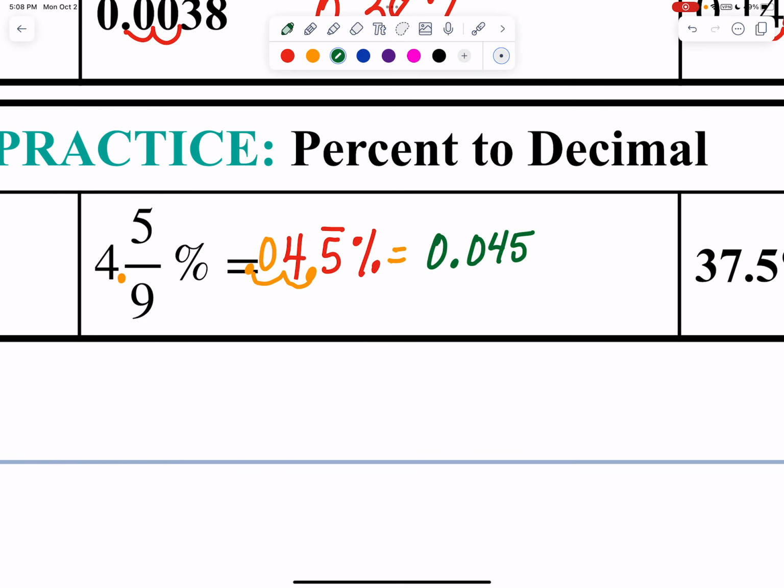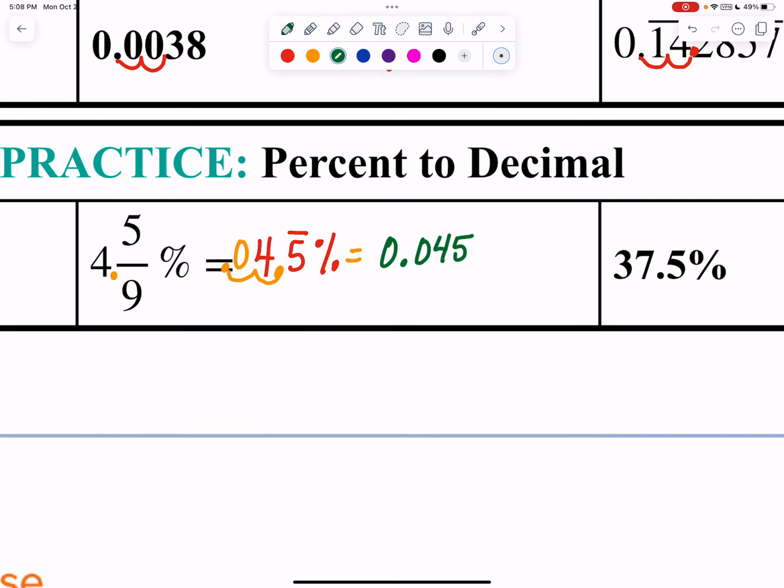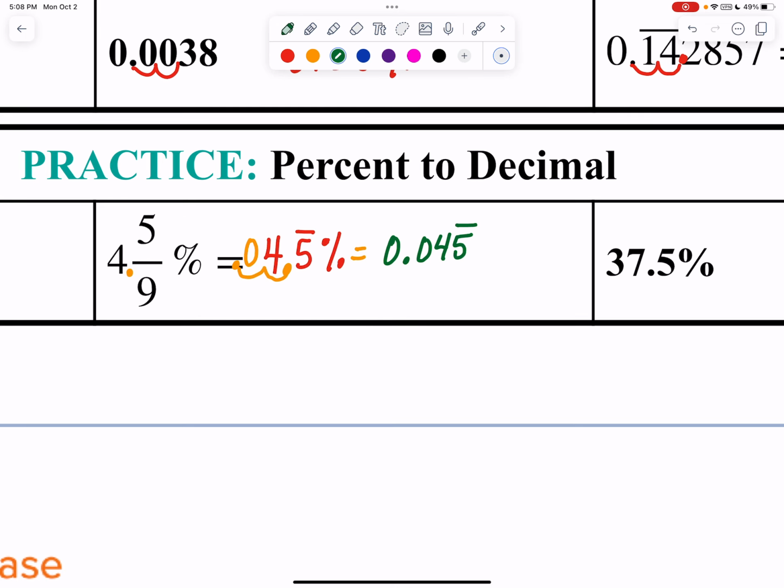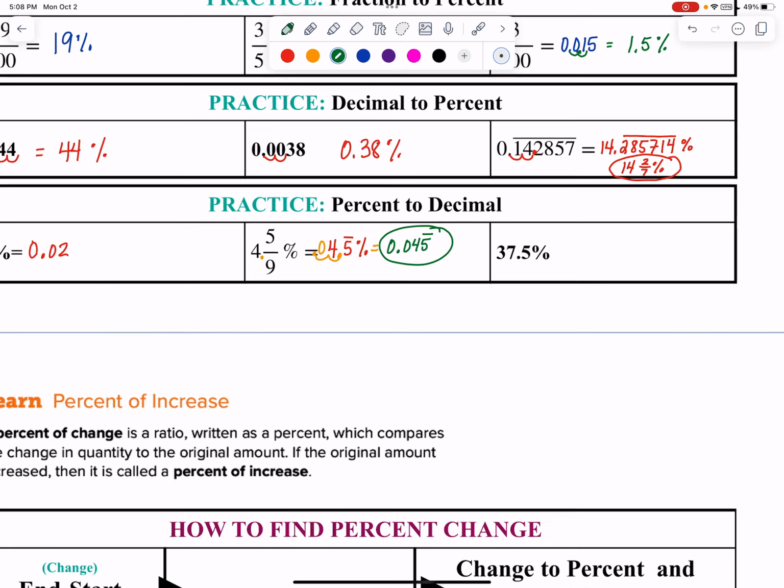But remember, that 5 goes on and on and on and on. So that's the tricky part with something like that, is the 5 is repeating. So it's 0.045 with the 5 repeating on forever. Okay, so that's percent to decimal. Okay, I'm going to give that a circle. All right, next one is